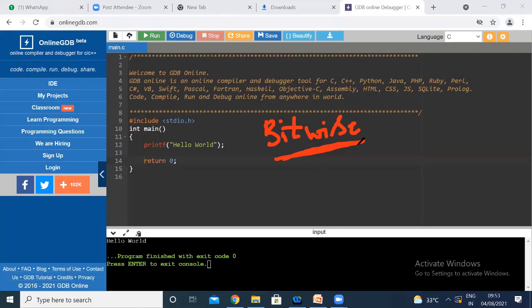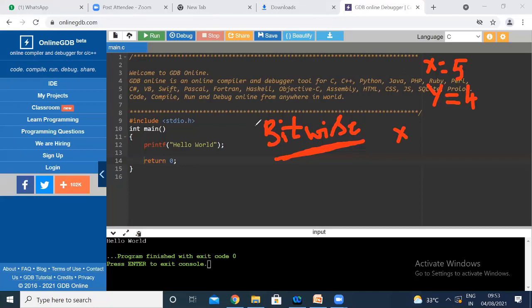Yes, ma'am. You can do the swapping operation using bitwise operators also. Let us take x is equal to 5 and y is equal to 4.